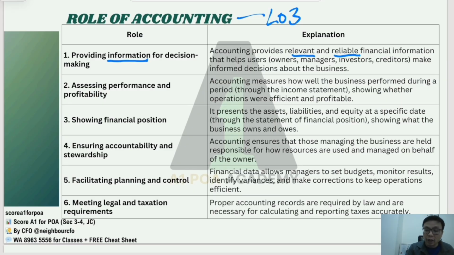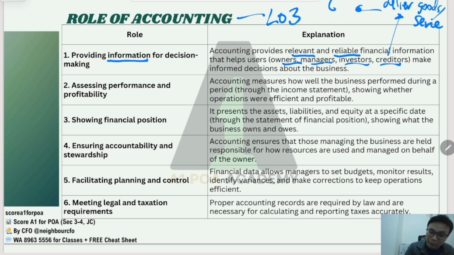about the business. And of course, different stakeholders would have different areas in terms of their thought process on the decision that they want to make. Creditors wouldn't be bothered about whether your company is venturing into a new product or what. They just want to make sure that for all the goods and services that they deliver to you, they get paid in return. That's what they want to know.